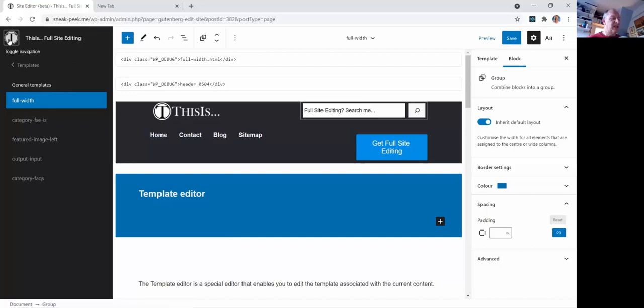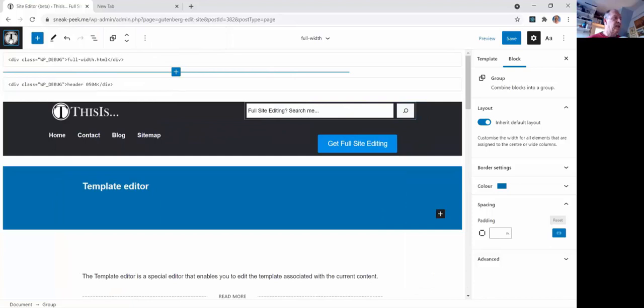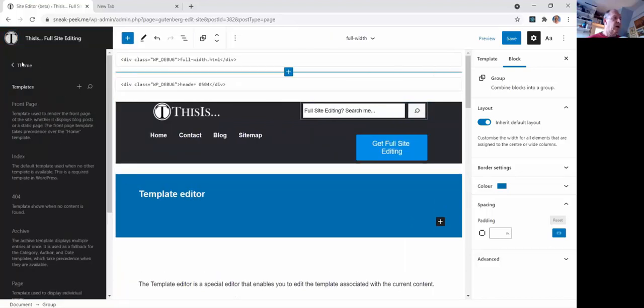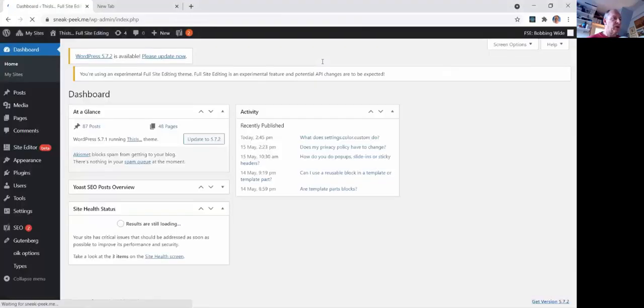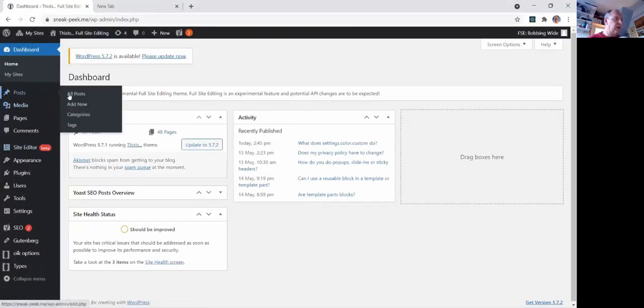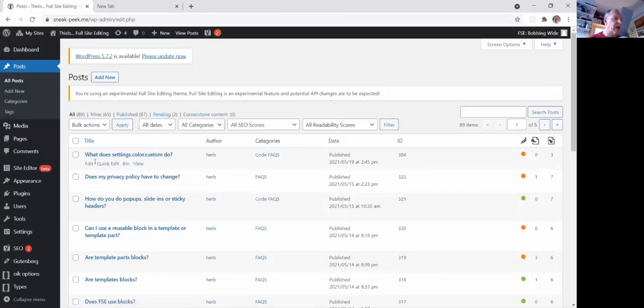So you can actually edit your content as if it were part of the page. You have the normal block editor for editing your content, and you have another thing which is called the template editor,